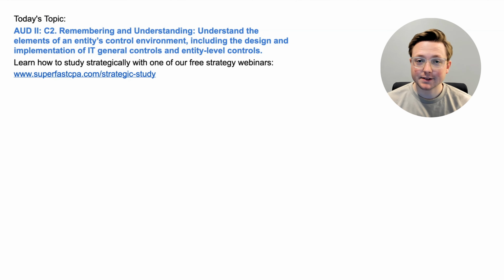I'm Logan, and in today's video, we're going to be going over Audit Area 2. This is Section C2, and this is a remembering and understanding topic. Understand the elements of an entity's control environment, including the design and implementation of IT general controls and entity-level controls. And we're going to be doing that the SuperfastCPA way, which is diving straight into the questions to learn the